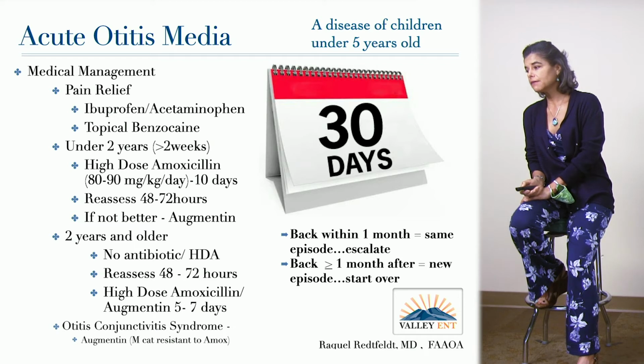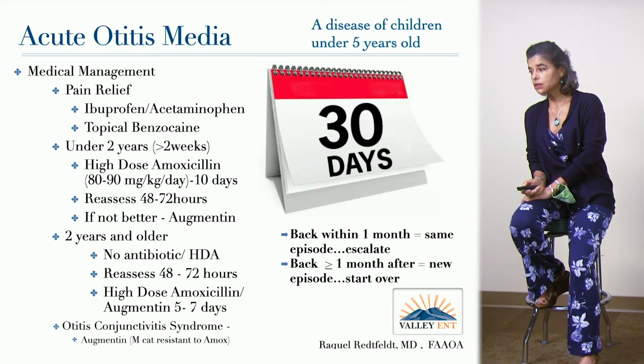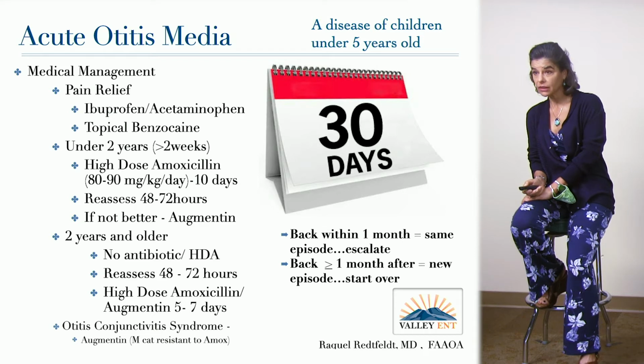And then if the child that presents with that nasty eardrum that we just looked at and the fever and pain is under 2 years of age, then you are going to treat them. You're not going to wait and observe. You're going to treat them with high-dose amoxicillin, 90 mg per kg divided BID, so that's 45 mg per kg per dose, and it's going to be a 10-day treatment. You're going to see that child again in 48 to 72 hours. I'll explain why you're going to see that kid in 48 to 72 hours, but you're going to reassess them,